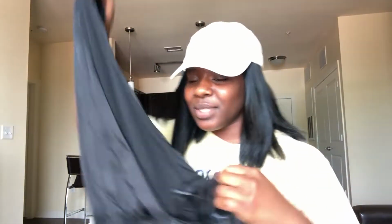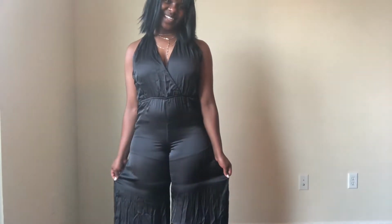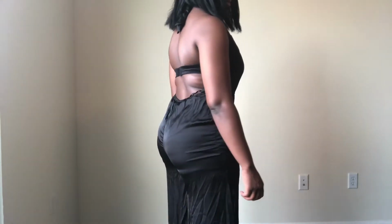It's a halter jumpsuit, so you would tie this up here, and the back is out, like sis. The back is out. You have jumpsuits. The only thing is that it's a little see-through. Actually, it comes with an undergarment, so you're good. It's short-wise, so this will be really cute because your legs are gonna be showing through, like, you just get a fresh shave and you be like,